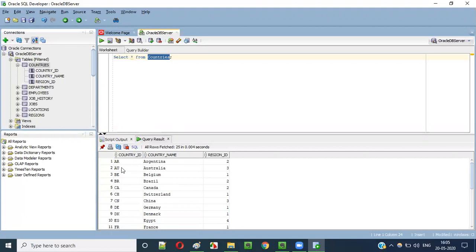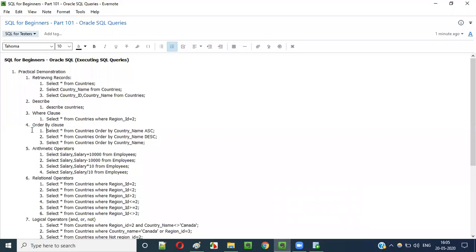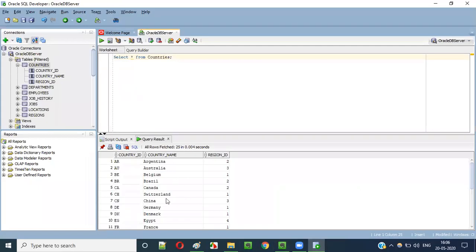But if you want this countries list in the ascending order of the country name, then you can use the ORDER BY clause. Using this ORDER BY clause, we can sort the displayed records of the countries table in the required ascending or descending order.